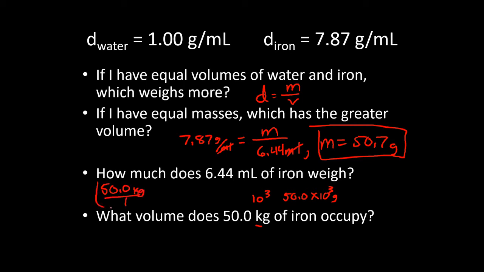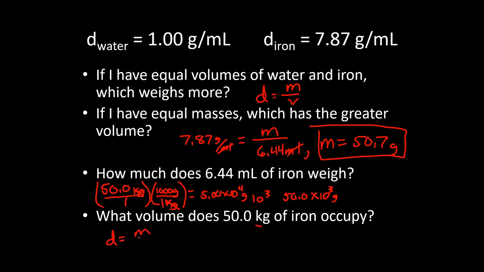So there's the 50 kilograms. We know that for every 1 kilogram, there's 1,000 grams. So those kilograms cancel out, and that would leave you with 5.00 times 10 to the 4 grams. Which, by the way, is just the same as this. It's the same number. Okay, so with that in mind,